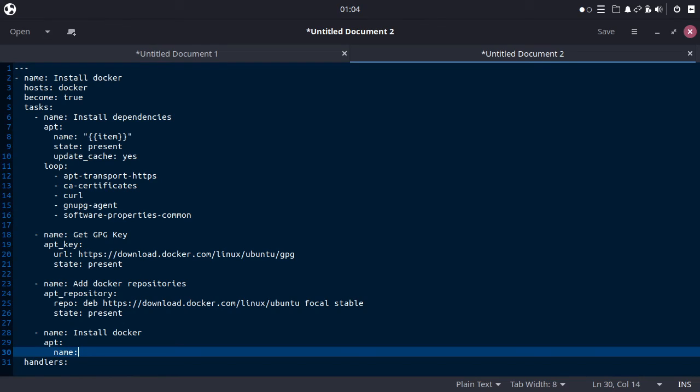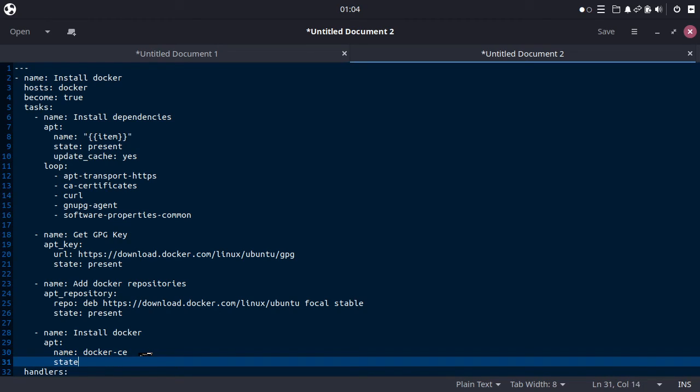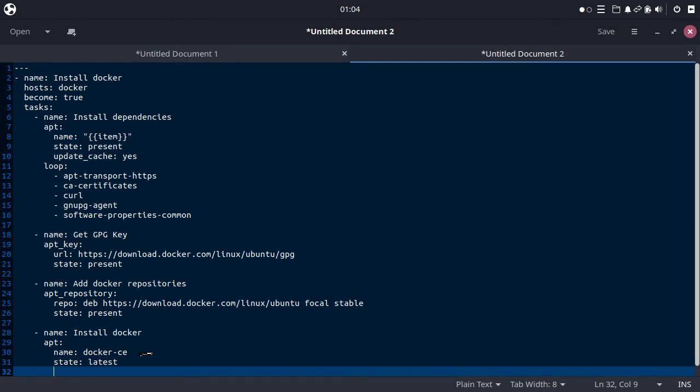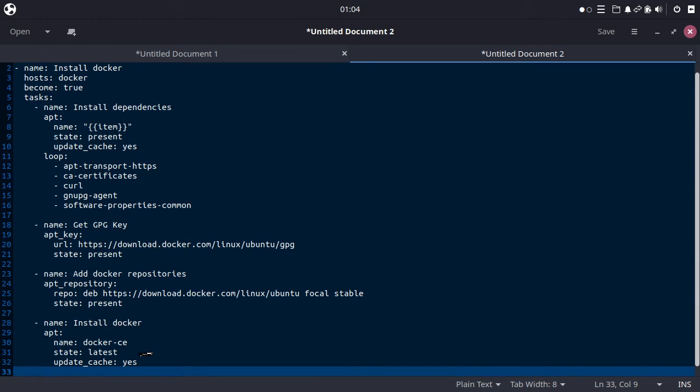So basically there are three applications that need to be installed. First is Docker CA, right? Docker CA, state latest. I'm going to use latest here, and then update cache. Yes. Okay, done.